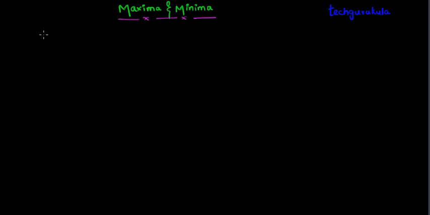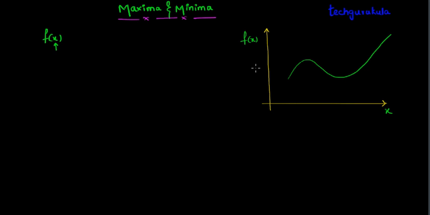To start with, let us take a function f of x, which is a function of a single variable x here. Let us take an arbitrary graph for this f of x, an arbitrary waveform corresponding to f of x with respect to the variable x. Now, looking at the basic definition of differentiation, if we take d by dx of f of x at, say, x equals x1, what it means is,